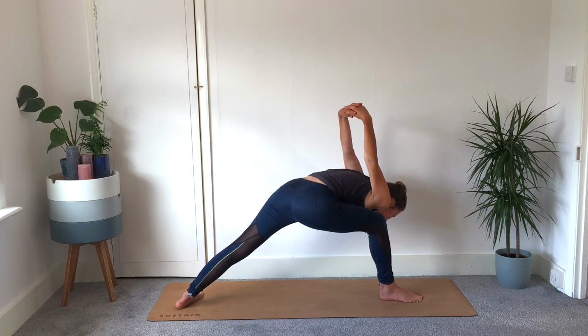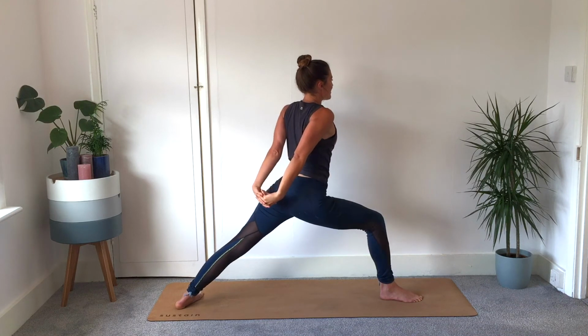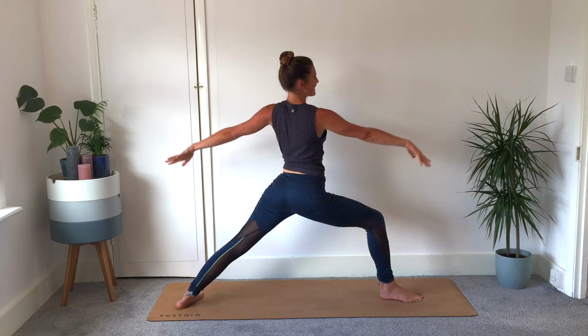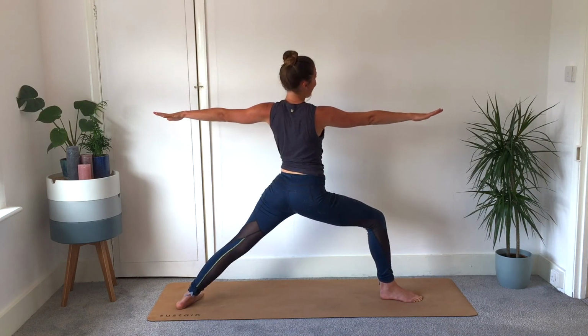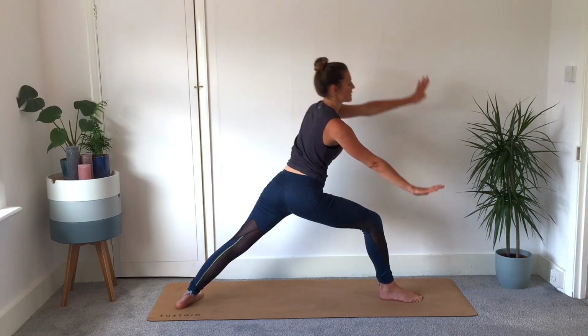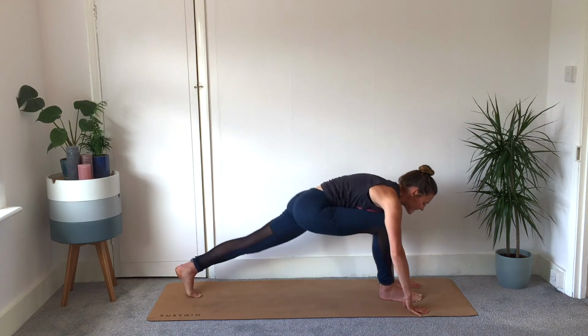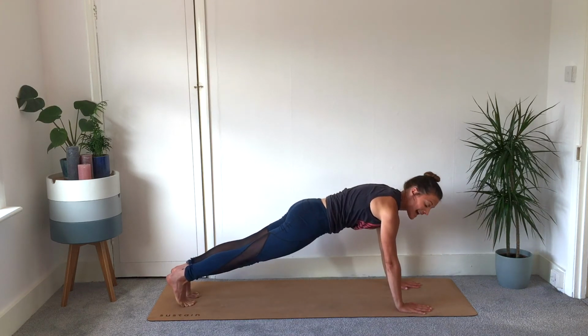Good. Really feeling it in the front leg now. Nice. And then gently returning all the way back up. Woo, coming back into your warrior two. Little burn through that front leg for me for sure. All right, sweeping that top arm over the top, coming into your runner's lunge, taking the foot back into plank,